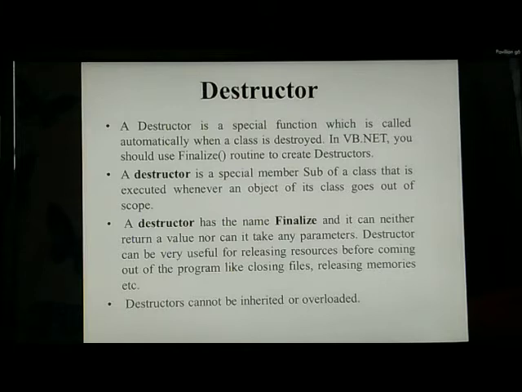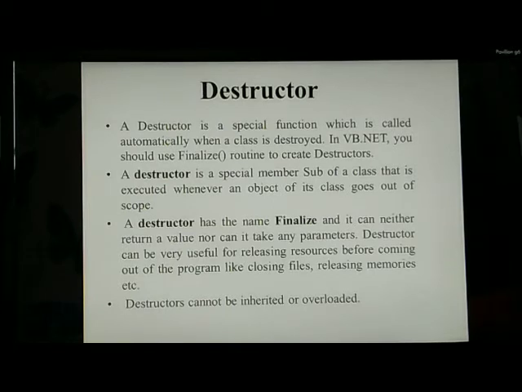A destructor has the name Finalize and it can neither return a value nor take any parameters. A destructor can be very useful for releasing resources before coming out of the program, like closing files, releasing memory, etc. A destructor cannot be inherited or overloaded.